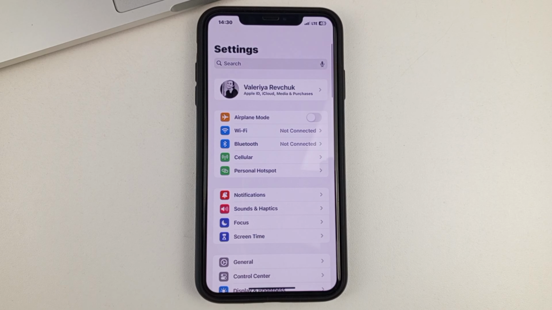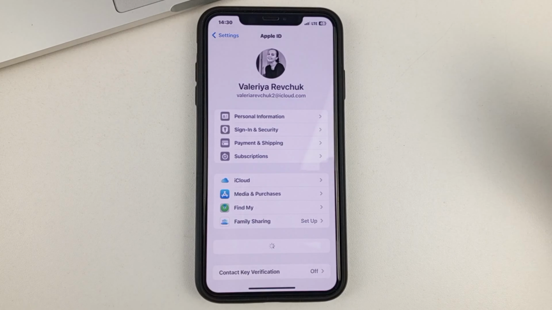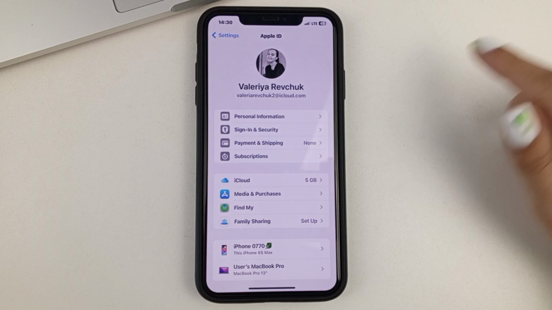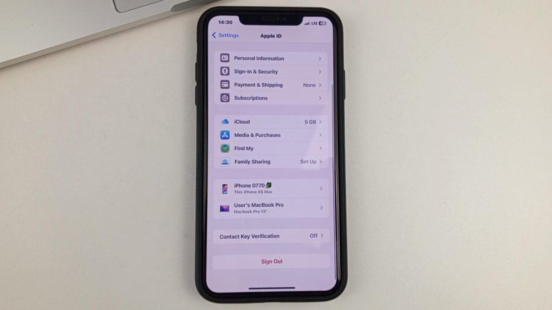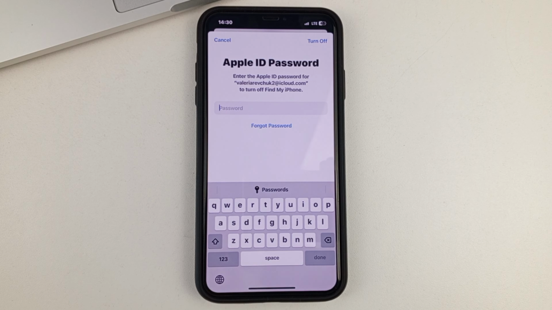If this step doesn't help you either, then you go back to your phone settings, go to your Apple ID, and then scroll to the bottom where you'll see Sign Out. In order for you to log out of your Apple ID, here you'll need to enter your password, and then continue the action, after which after a short time log back in. Perhaps when you update your Apple ID this situation will be fixed.